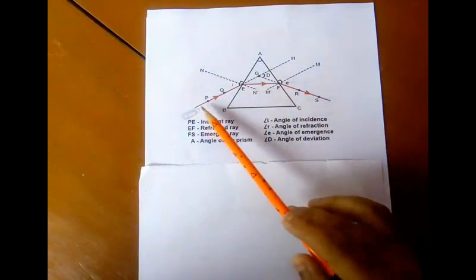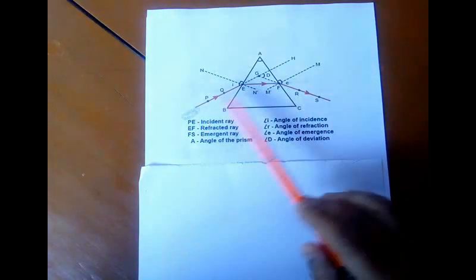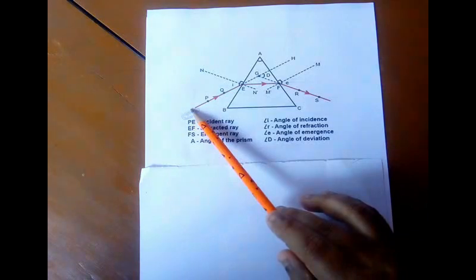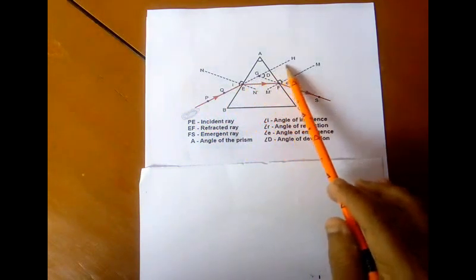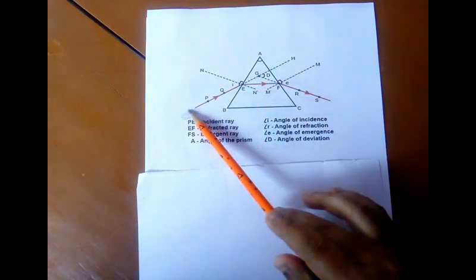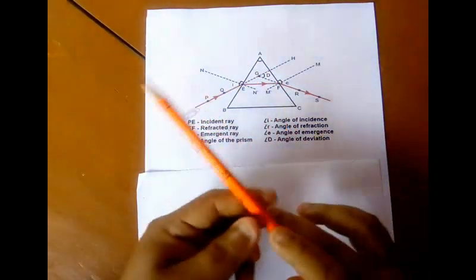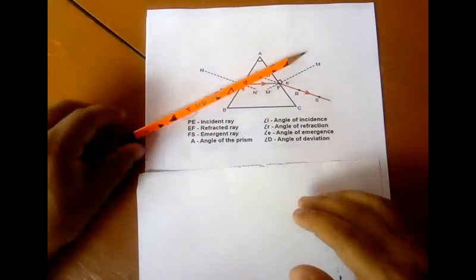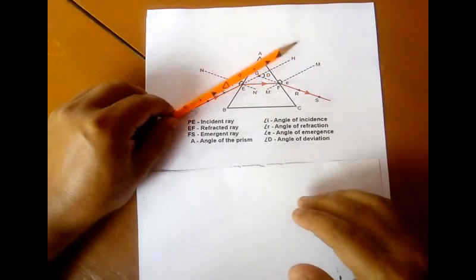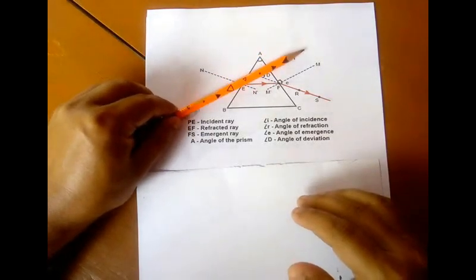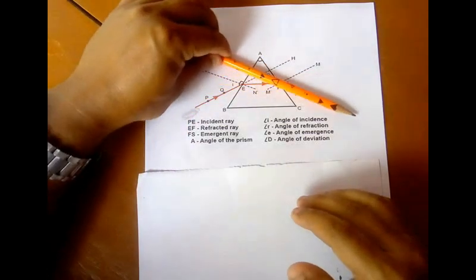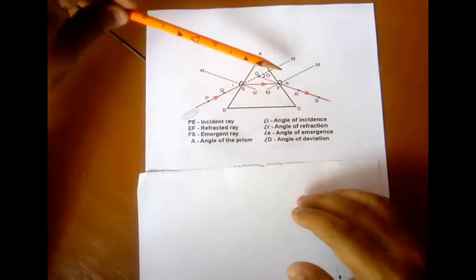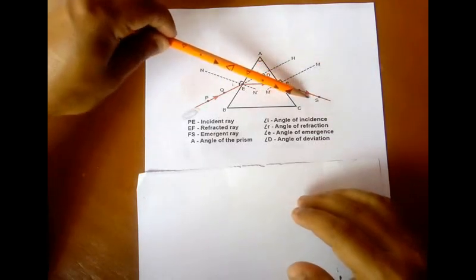All right, and there is one important thing here. You should learn how to draw this drawing. Suppose this is the initial ray direction. The ray went straight from this side. Then this is the incident ray. Then at the end the ray was bent and emerged in this direction.